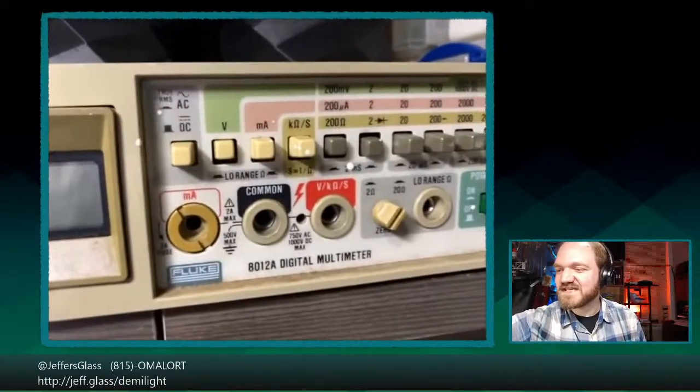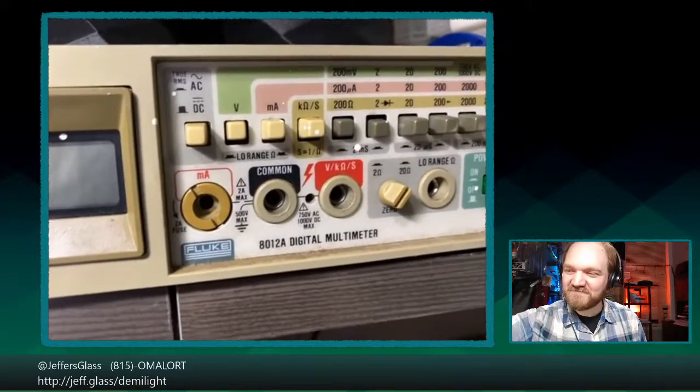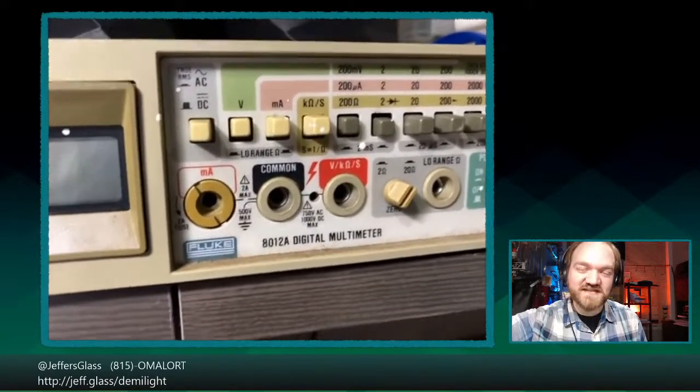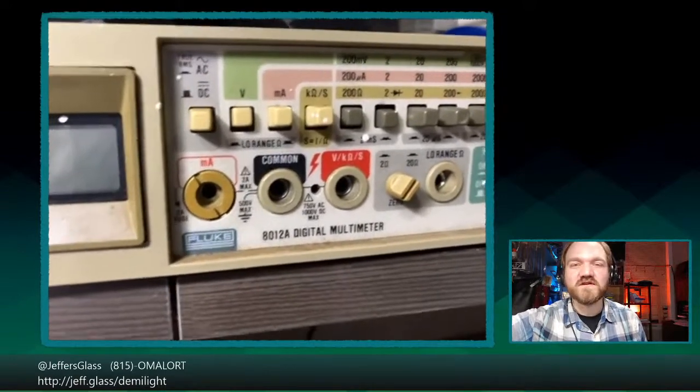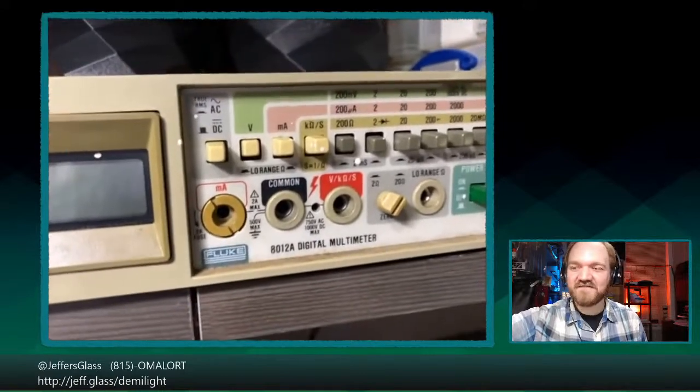It also measures susceptance directly. You can see the S equals 1 over omega button. So you can actually measure susceptance, which is the inverse of impedance, or the inverse of resistance, directly, which is a funky thing for a meter to have that I kind of like. But anyway,